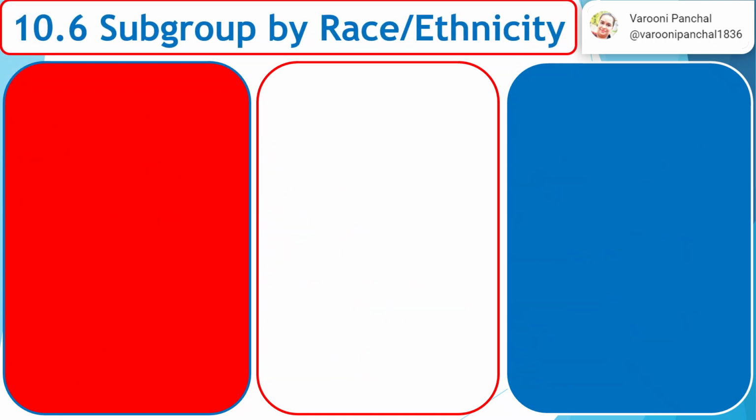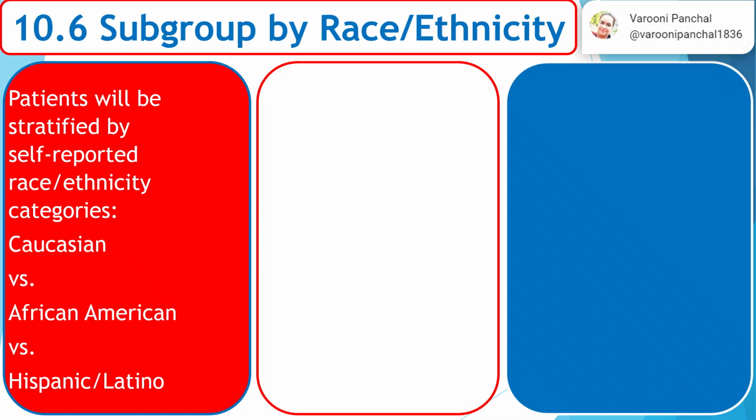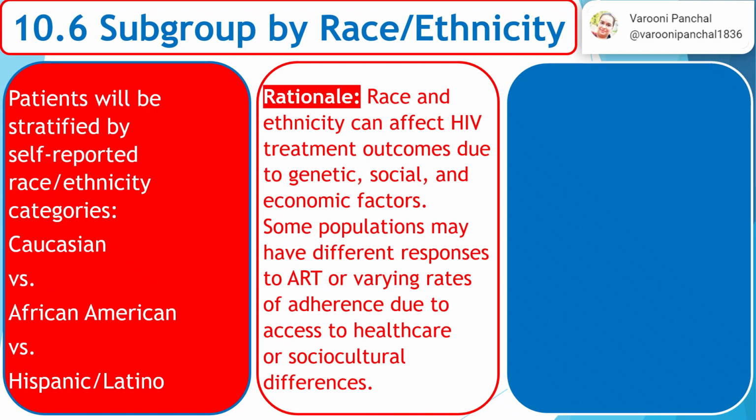Number 10.6, subgroup by race, ethnicity. Patients will be stratified by self-reported race ethnicity categories: Caucasian versus African American versus Hispanic/Latino. Rationale: race and ethnicity can affect HIV treatment outcomes due to genetic, social, and economic factors. Some populations may have different responses to ART or varying rates of adherence due to access to healthcare or sociocultural